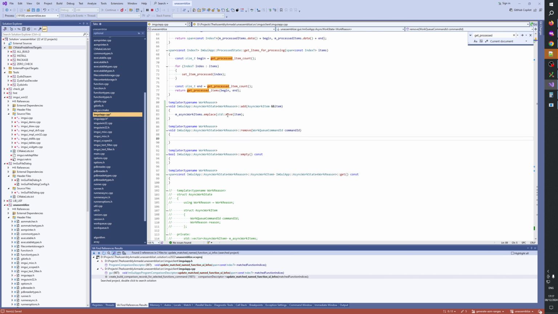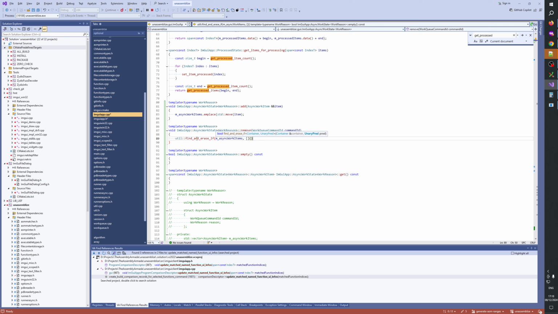So add, we would just emplace, and remove, we would util find and erase if, then we would pass the container here, this, and we would pass this,